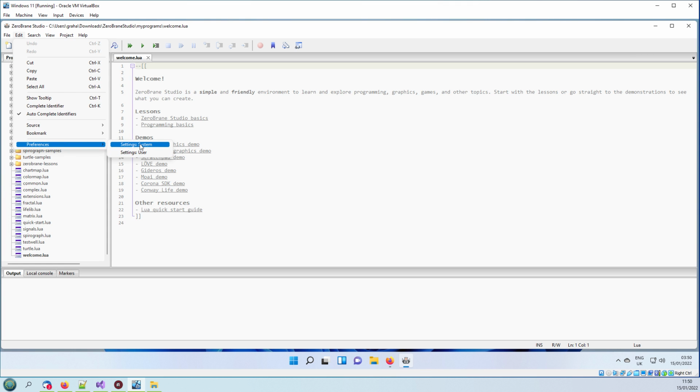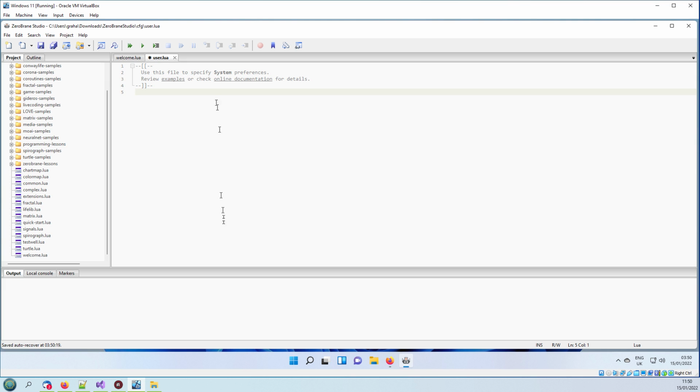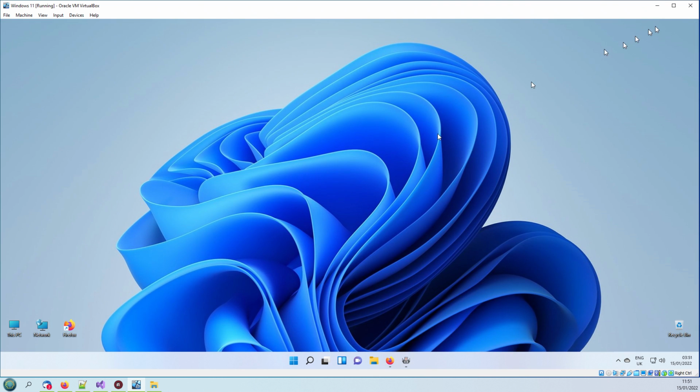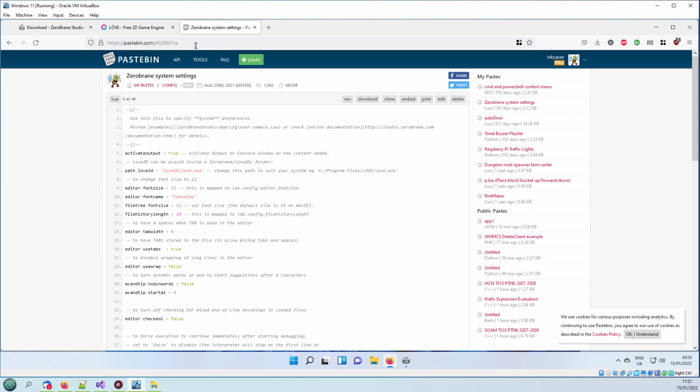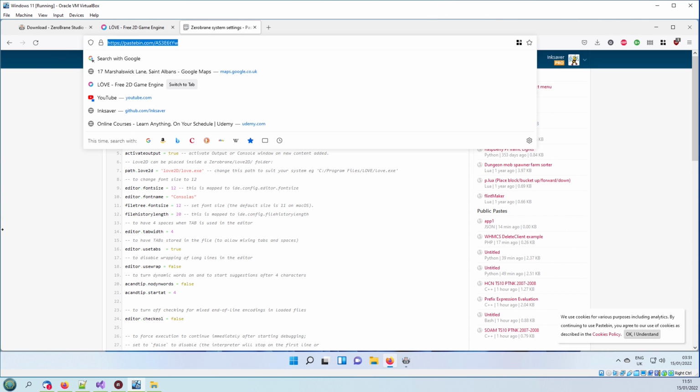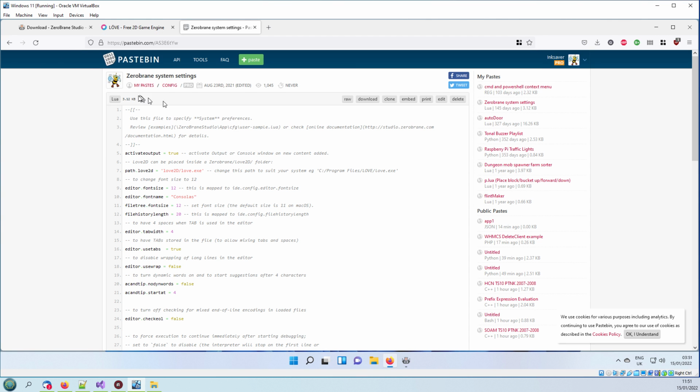So if we go to Settings System first, you'll see that it's kind of a blank file and it allows you to put pretty much what you like in. Let me just get that out of the way for a minute. Now on my Pastebin account, which is this one here, again I'll put this in the description,